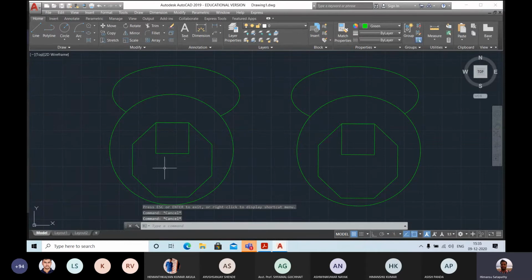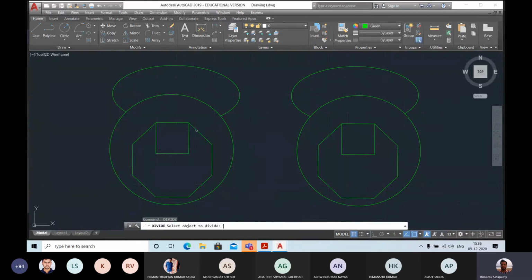Fillet, rotate. Similarly, you can see when I want to select this octagon, I cannot select one side of the octagon. So I need to explode this one. So how to explode? There is a command explode. Explode means just to divide this box into segments. Select, enter. You can see now I can select one side of the polygon. That is the difference. The explode command cannot work on a circle or an ellipse.